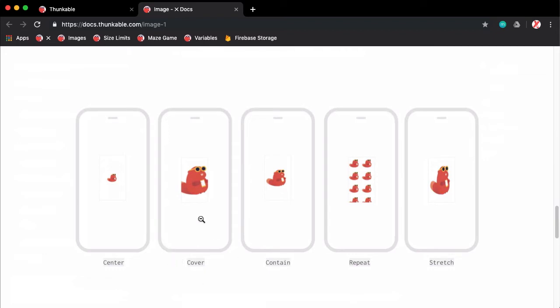The cover will make it fill the height of the container, even though it might overlap the width of the container, so it might go outside of it. Contain will make it be contained within the container. So here it's using the width, but basically it'll try to get as big as it can without overlapping any